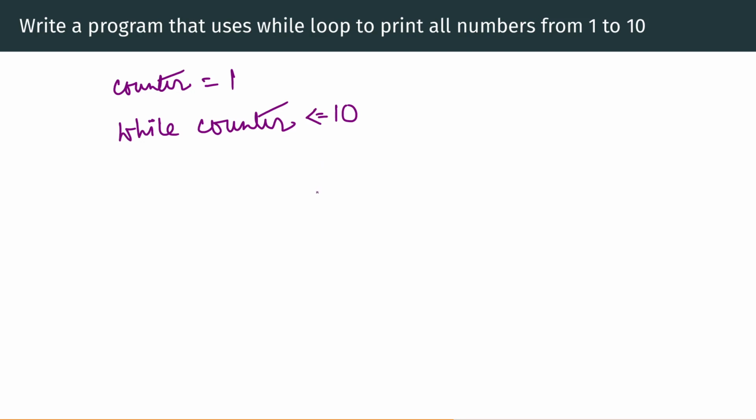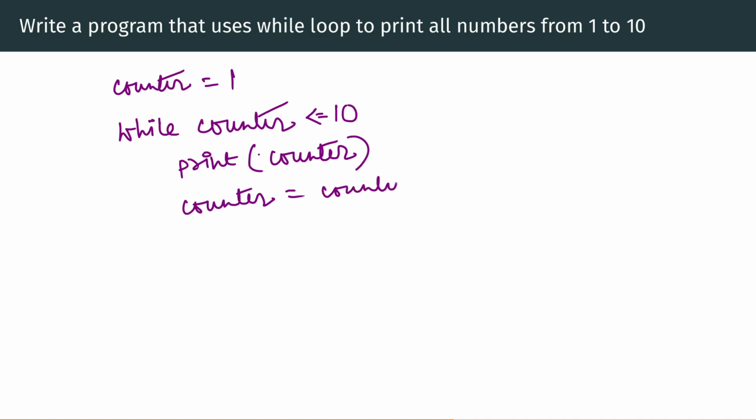While counter is less than or equal to 10, print counter. And then counter equals counter plus 1,